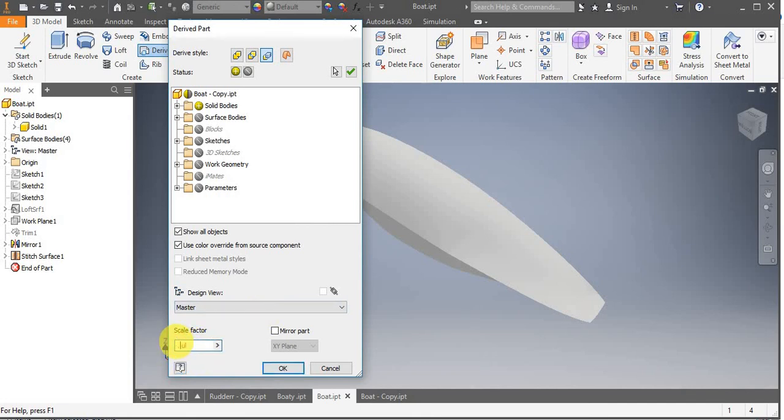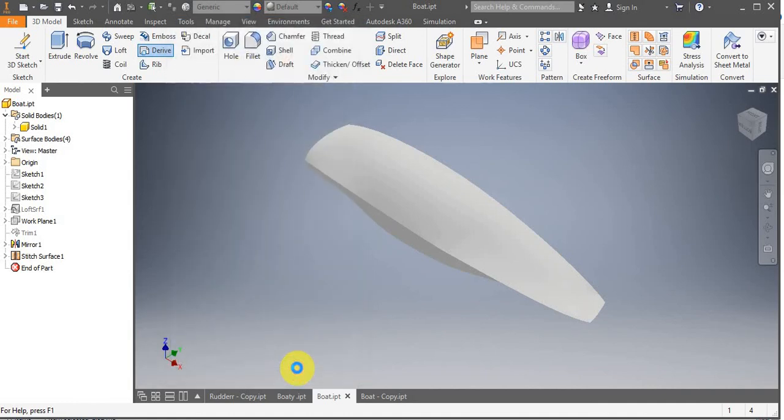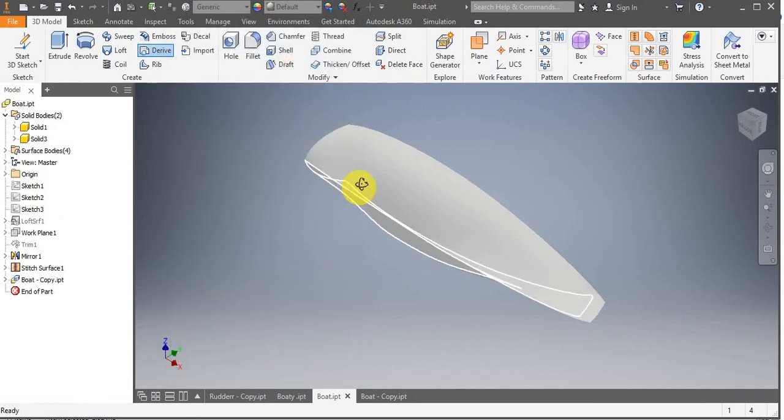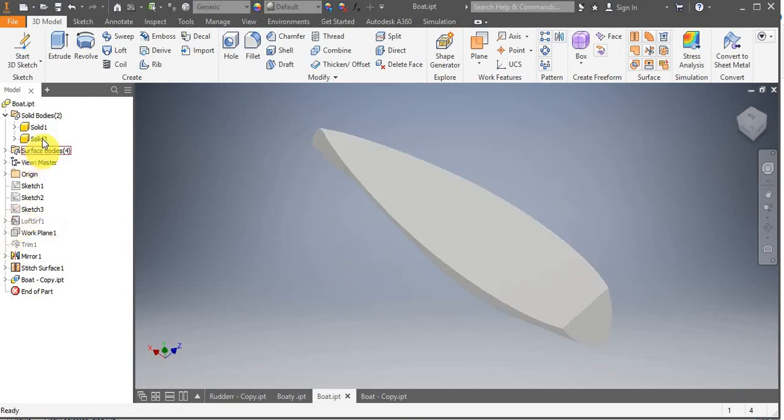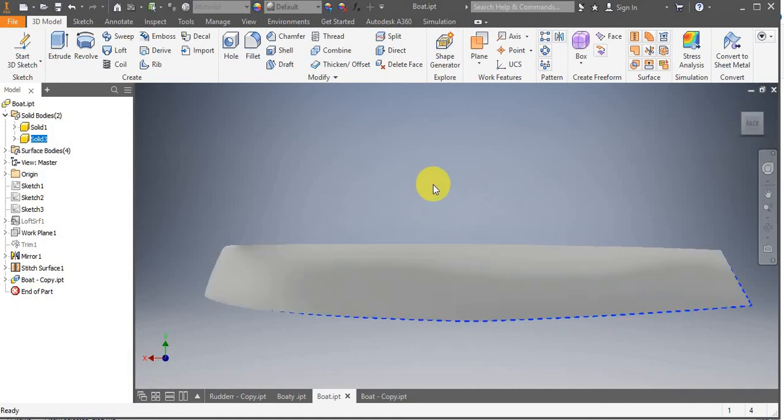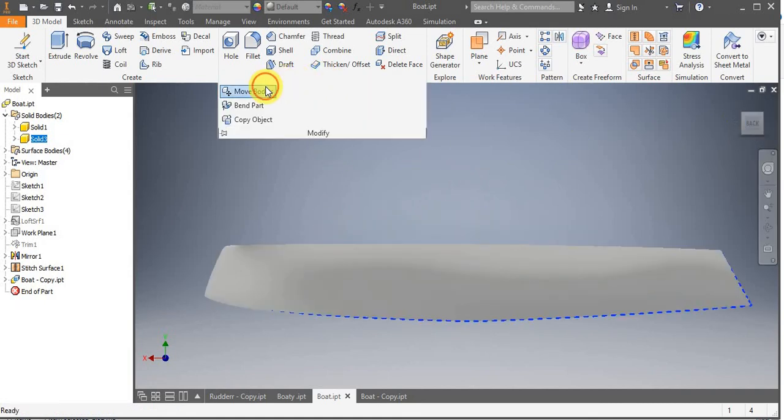I'll make it 0.96. Okay, so now I'm going to go modify, move bodies,